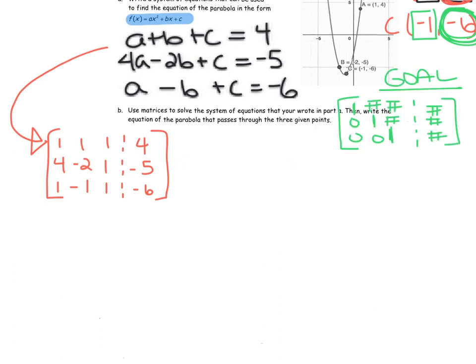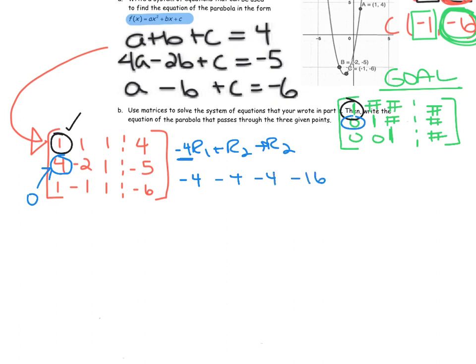So first things first, this 1 is already a 1, so that's awesome. So this is actually already taken care of. All right, let's look at what we need to do next. We want this 4 to become a 0. So let's do that first. In order for this 4 to become a 0, we're going to multiply the first row by -4, and I'm going to add it to the second row because that's going to cancel our terms, right? So if I multiply the first row by -4